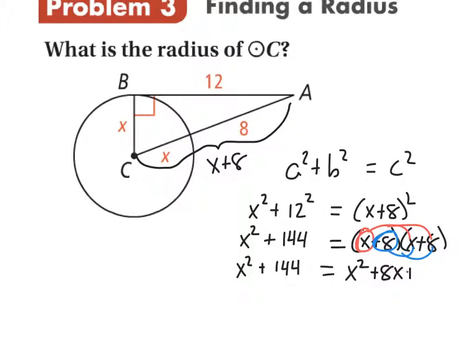Okay? I did FOIL, but I didn't necessarily think of it as multiply your first terms, multiply your outside terms. Because my first terms are x times x. I did that. My outside terms are x times 8. I did that. My inside terms are 8 times x. I did that. And my last terms are 8 times 8. I did that. So I find it just easier to think of it as two distributions. Okay? Questions or comments there? FOIL kind of coming back to you? A little bit? All right, well, we can simplify that down